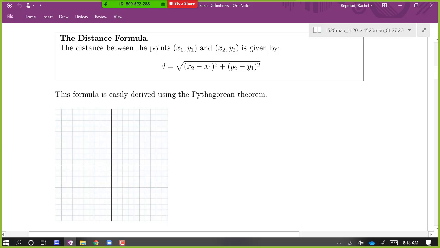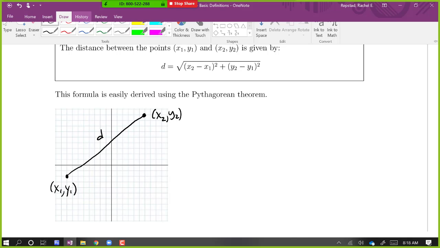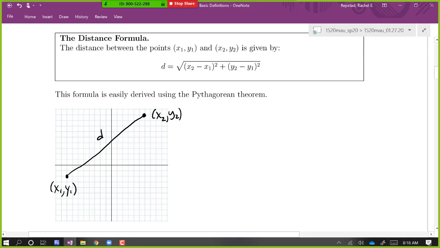So what I'm going to do is pick a point, say, over here. I'll call this x1, y1. And then I'll pick a point maybe up here. I'll call this x2, y2. And so we want to figure out, what's the straight line distance. And what we're going to do to help us with that is one of our favorite things to do in the plane, which is draw some perpendiculars.